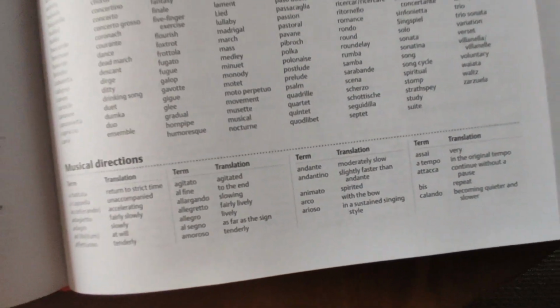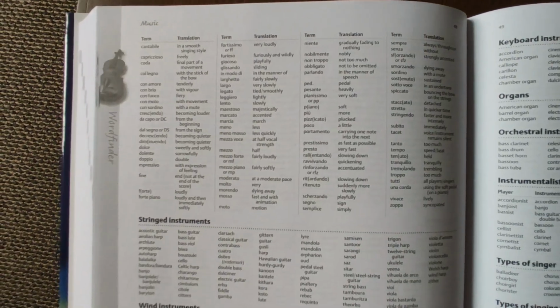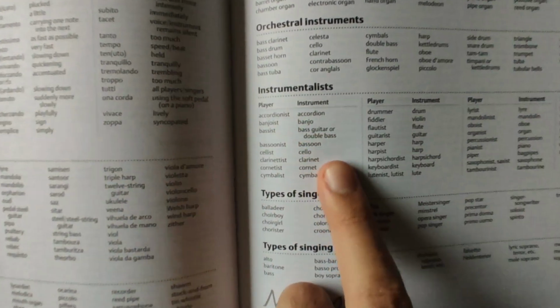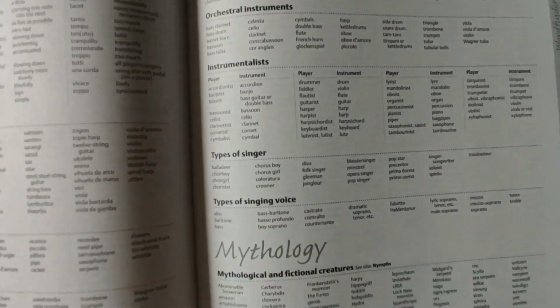jazz genres, musical forms, directions, and it's the Italian term and the translation too. So andante, moderately slow, very nice, very nice. They've got, continuing on, string instruments, lots of instruments, instrumentalists, so if you're a cello, you're a cellist, clarinet, you're a clarinetist, types of singing voice, singer,